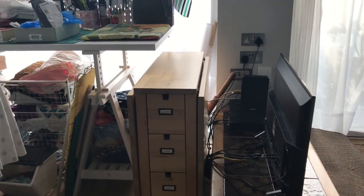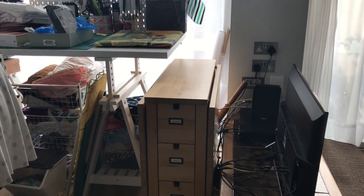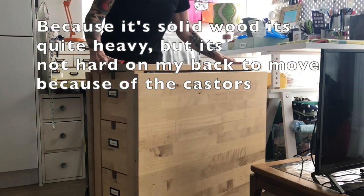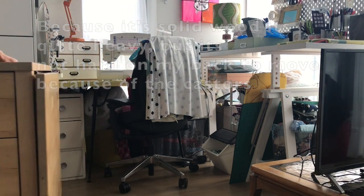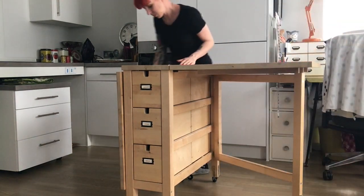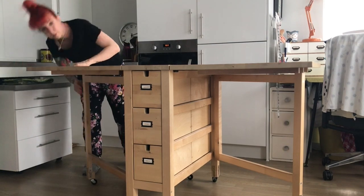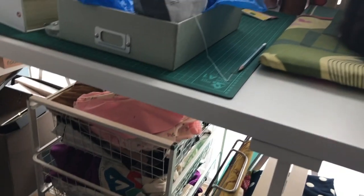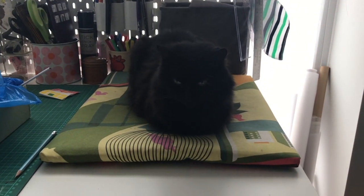So I'm going to show you me taking it out, and you can see how it works in action. This is the space where it normally lives, just behind the TV there, in front of the plant pot. And this is where I keep my mats that I then slide out on top of the table, and my tabletop ironing board. I did make a tabletop ironing board, but it seems to be being commandeered by...